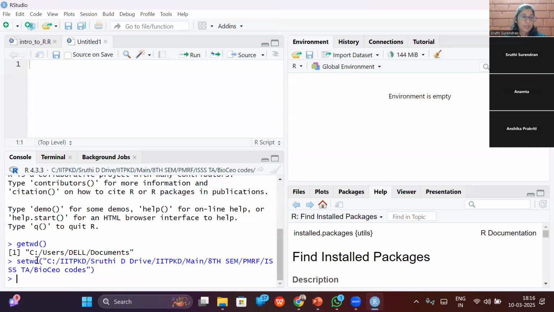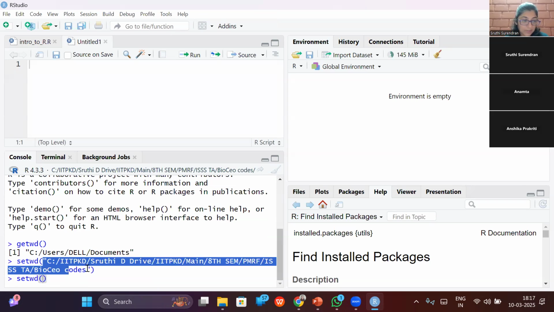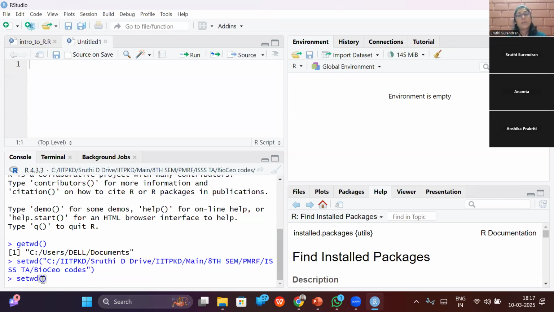So here you can see whatever we did right now, we can do using the set working directory command also. There's a command called set working directory, setwd, and inside the bracket, if you give the file path, the address of this file or folder, you will be able to set the working directory. A good thing about